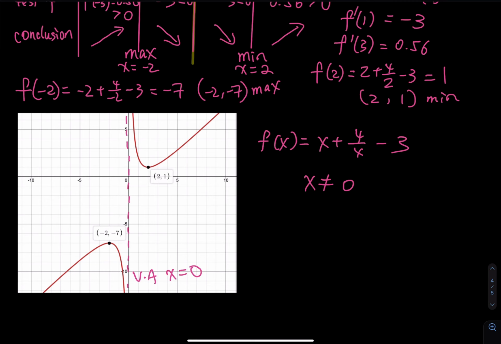Then (2, 1) is your minimum, and (-2, -7) is your maximum. What software did I use to create this? I used Desmos. It's a free app online, so you can just go to Google and search for Desmos, input the function, and it will show you the dots. Just simply hit the dots and it will show you that dot. But it won't say maximum or minimum. You have to use your eyes to